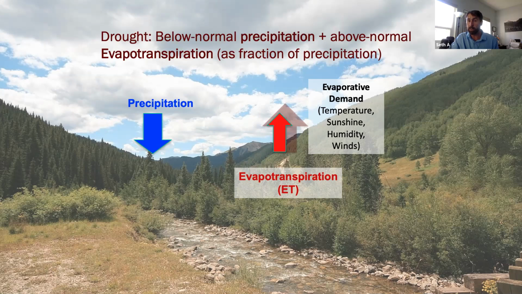One, if there's less precipitation, that typically means that you have high pressure, clear skies, greater solar radiation, and often higher temperatures are associated with drought. Potential evapotranspiration is a calculation that uses relative humidity, temperature, wind speed, and solar radiation. So typically on drought years, you have changes in all of those parameters.